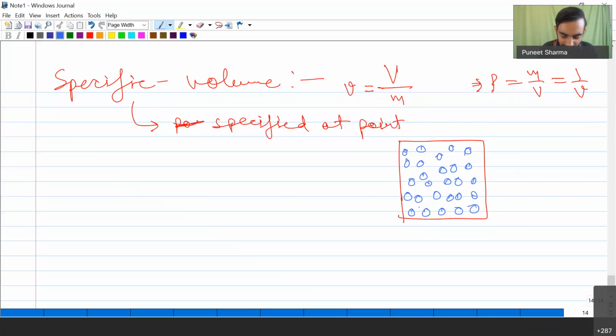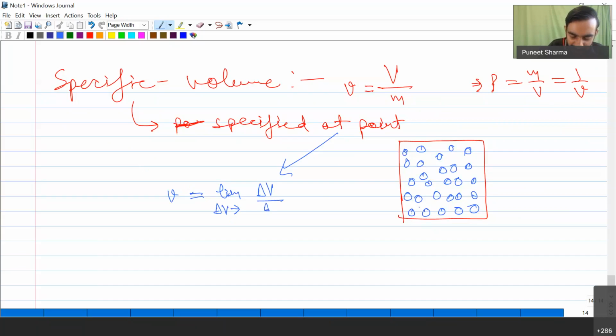So because of that, we want to basically obtain the value of this specific volume corresponding to some specific point. So when we are pointing towards some specific location, under this situation, we try to write the definition of specific volume as nothing but limit delta V. So this delta V, I have to now mention something. So here I am writing this as delta V divided by